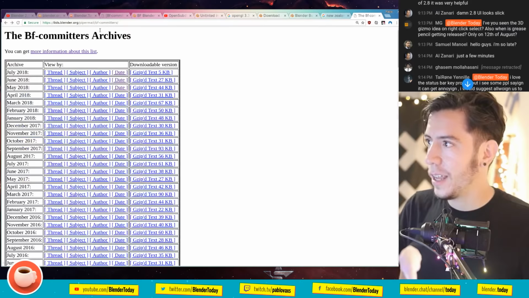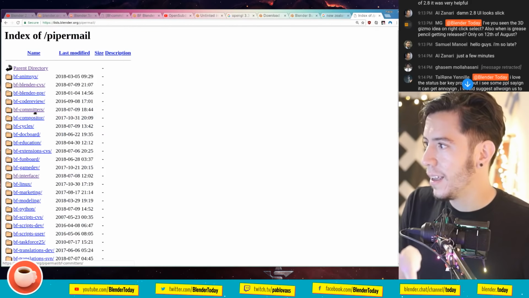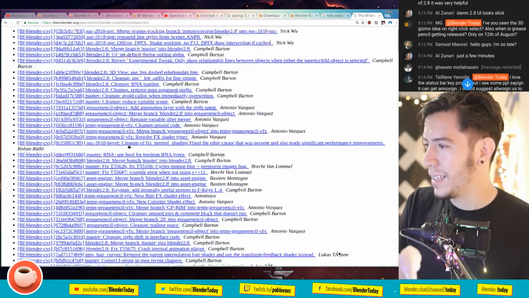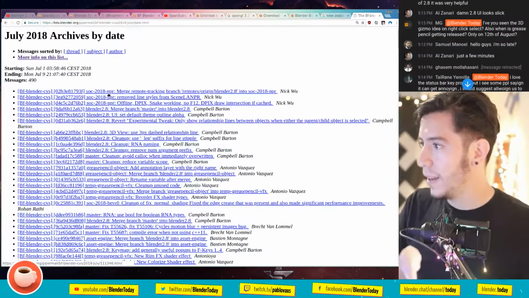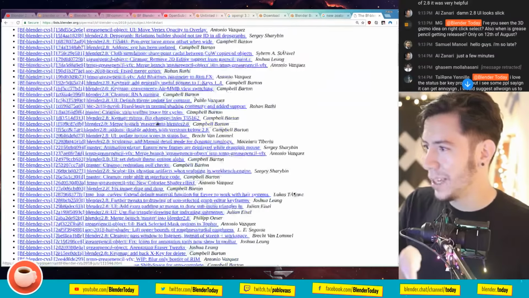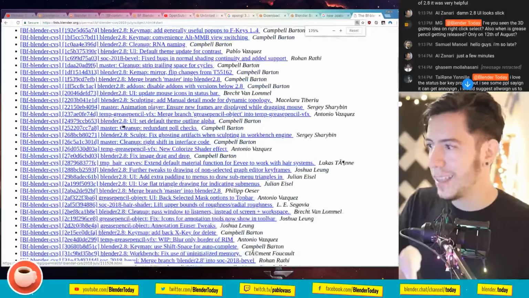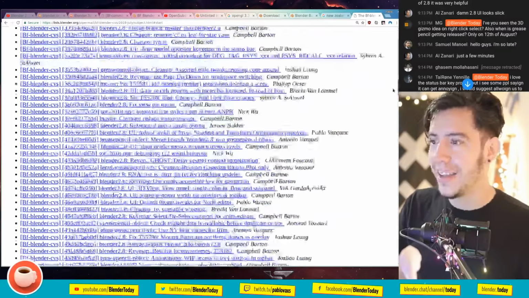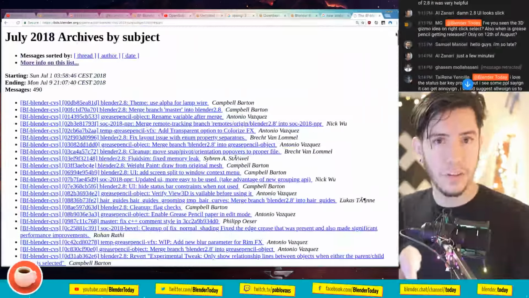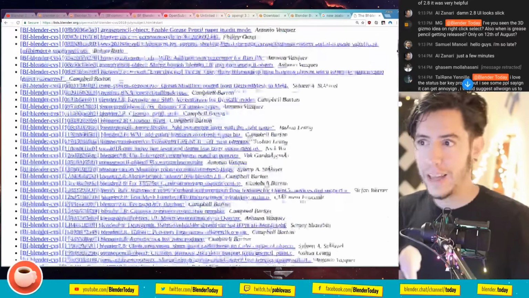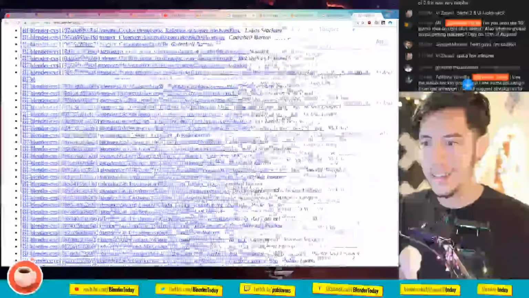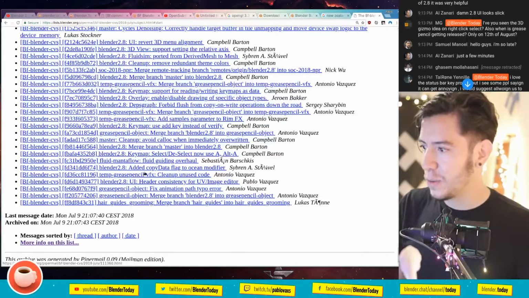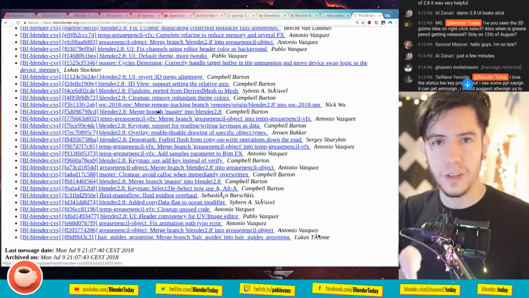But you can read the commit logs. Actually, you can see all the changes in Blender in the BF Blender CVS, and you can see the Grease Pencil object. Let's sort by subject, and you have Grease Pencil all the time. These are all the changes since this month in July. It's only been nine days of July, and it's already all these changes, and many of these changes are Grease Pencil VFX, Grease Pencil annotations, because there is a new annotation system.